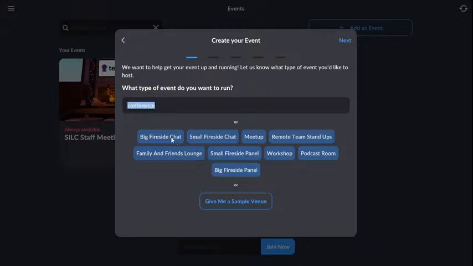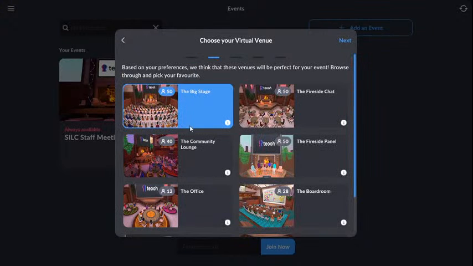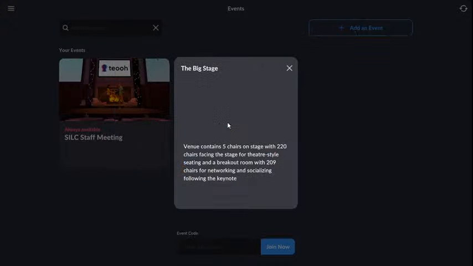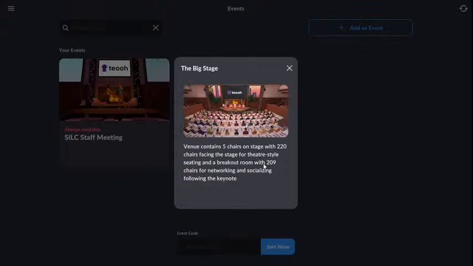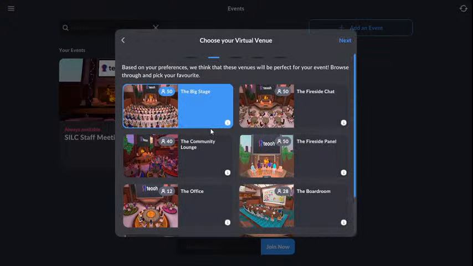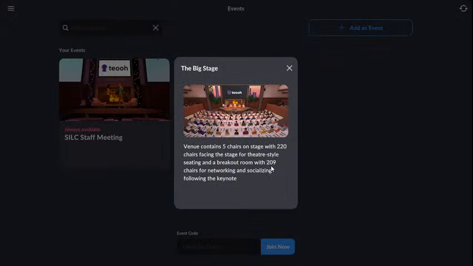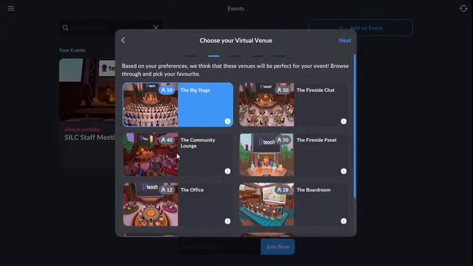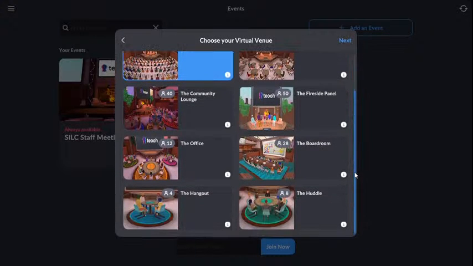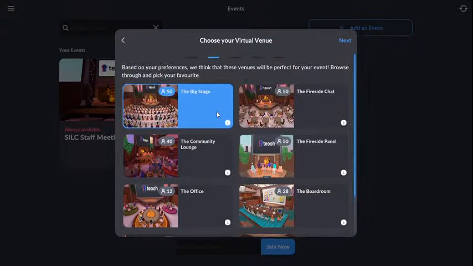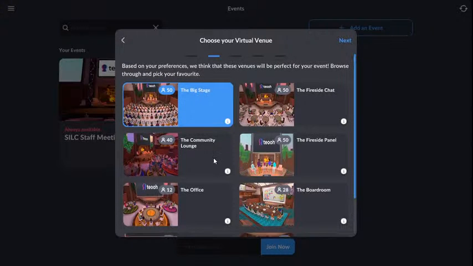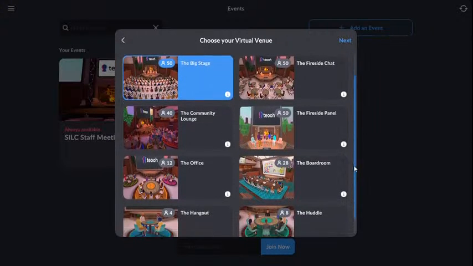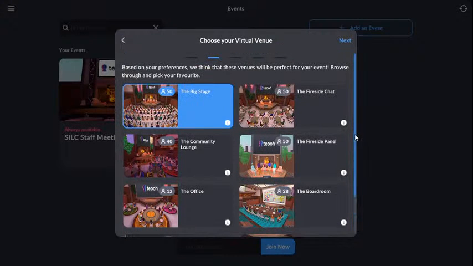I will go to a big fireside chat, and I'm going to say I want it more casual. It tells you what you're capable of doing. Looking at it, it says this is capable of holding 220 people, but only 50. I'm assuming this is because I haven't paid for this. There's no paid version that I wanted to buy, because I'd never need that many. Again, this is pretty neat. There's the lodge and all kinds of stuff. I really enjoy the way this looks.